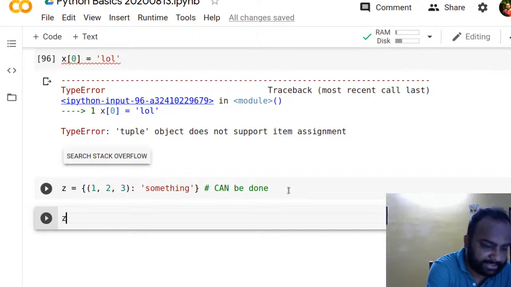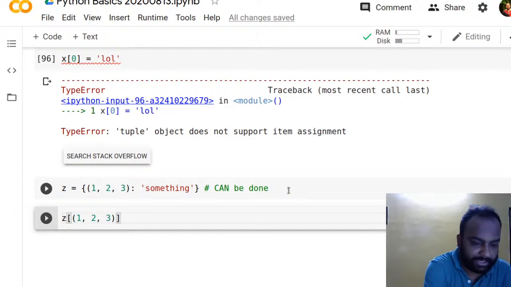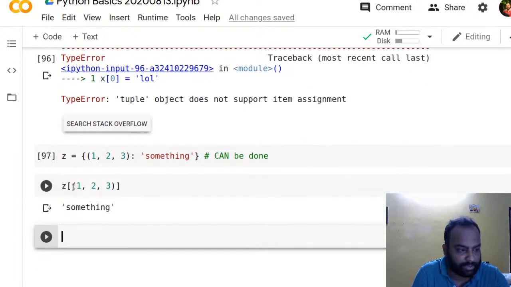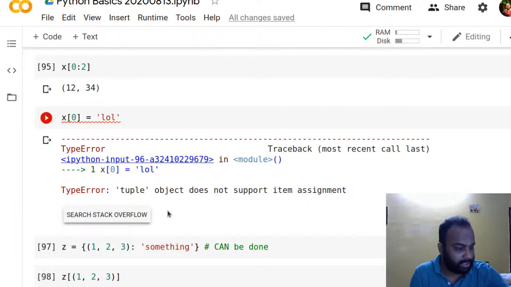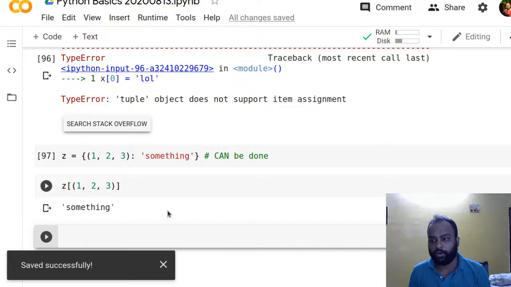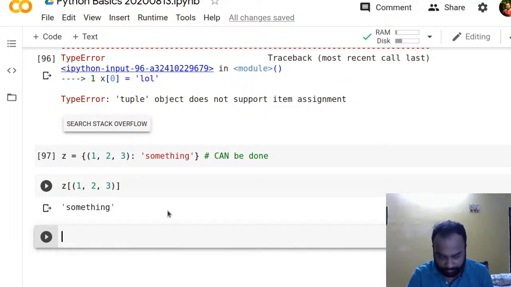So of course now if I say z colon 1 comma 2 comma 1 comma 2 comma 3 and pass in the tuple, it would show me something, whatever the result is. So this was the key. Okay. So I actually have told you plenty of things today. All right. So if you have any query,